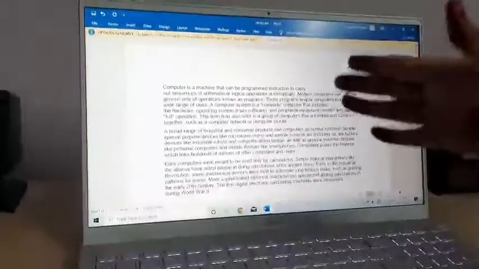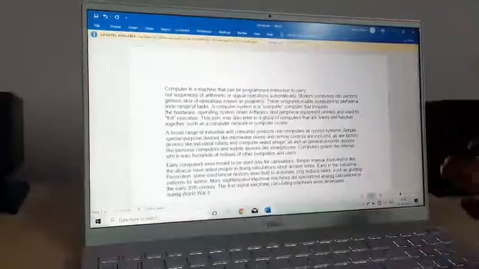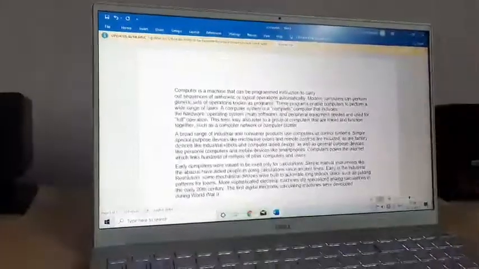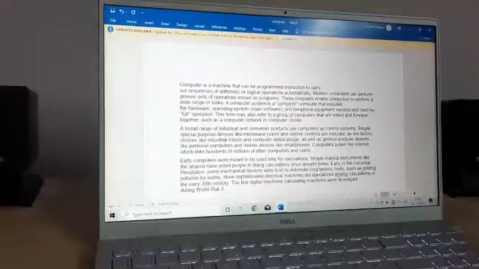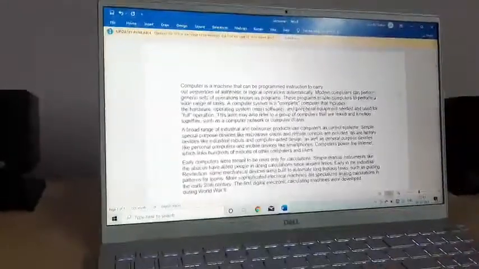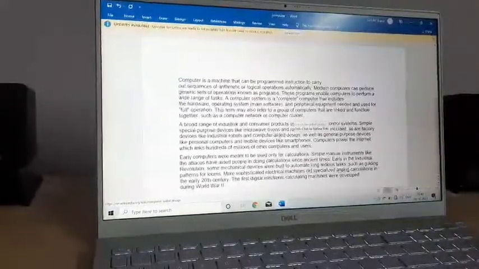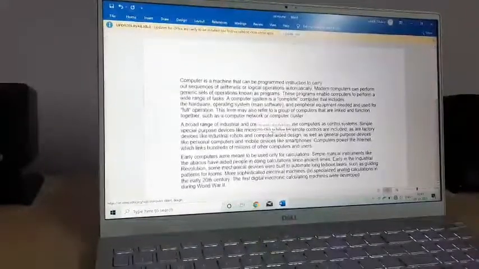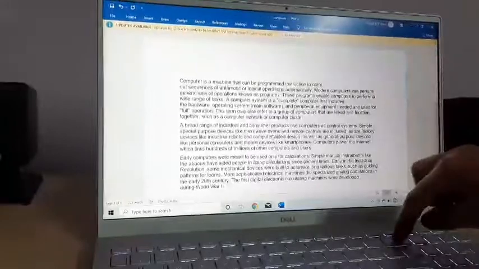Okay, suppose now you have written something and something is wrong here. After you complete this, you're reading this and something is wrong here. It is in the middle of the document and you want to delete it. Again you will repeat the same steps. Click there where you want to delete. Suppose I want to delete this, robots and computer I want to delete. Click here and press the backspace key,